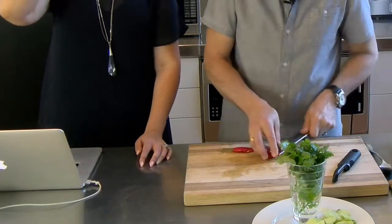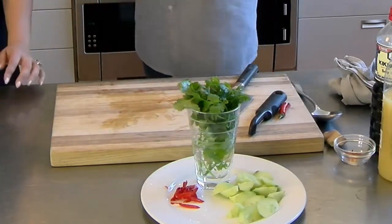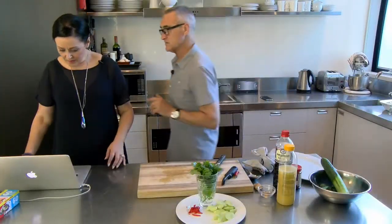So that's all I'm going to serve on this today. That's going to be delicious. But if you want to spin it out, do the big stir fry vegetables to go with it. Yeah, that'd be amazing. Now the other thing I quite like with this is